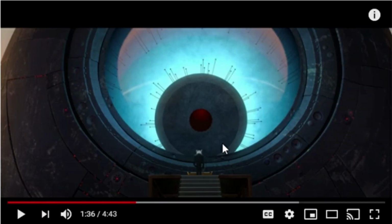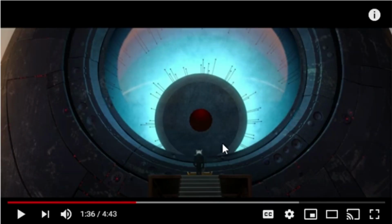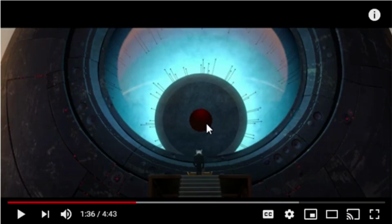So that is, of course, a reference to Steven Spielberg's classic Close Encounters of the Third Kind. And what I love about that gag is that not only is it funny, because the president messes up the little tune there, but it is really a commentary on how American society is so consumed by pop culture that even the President of the United States would see a giant alien spaceship, and that is what he plays. He plays the freaking Close Encounters